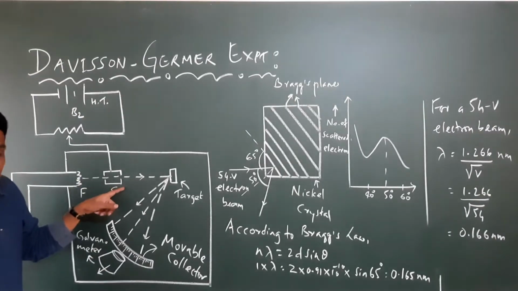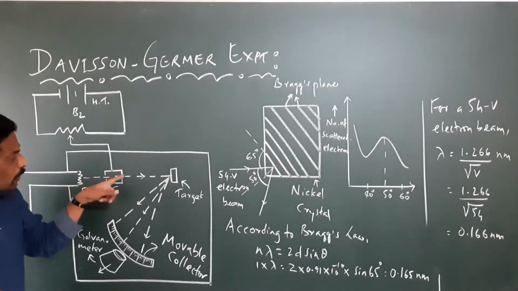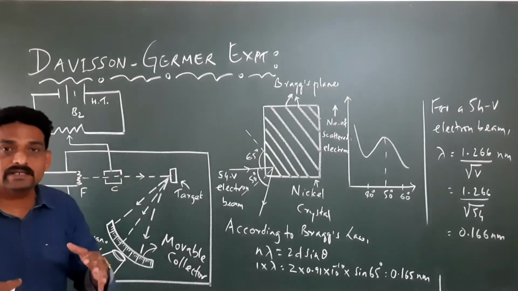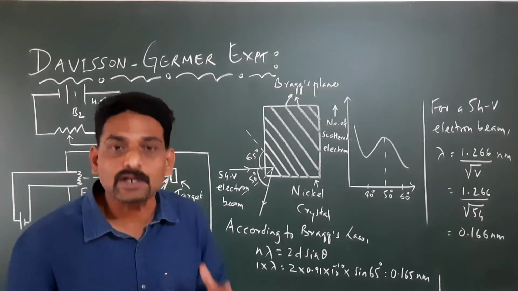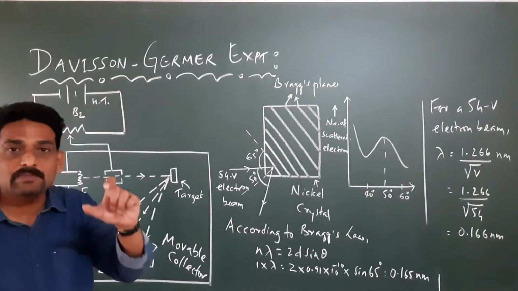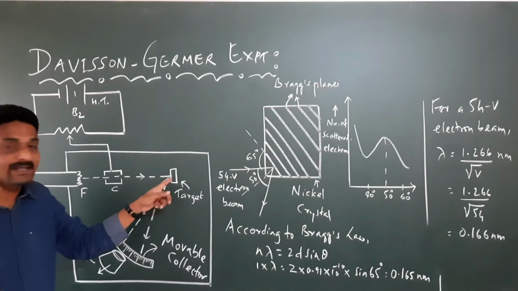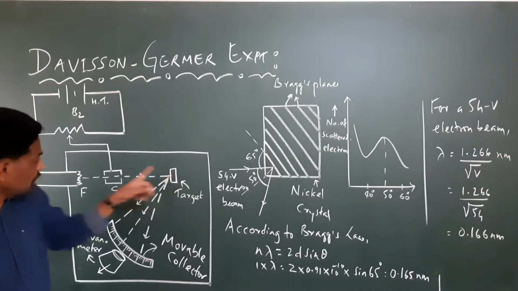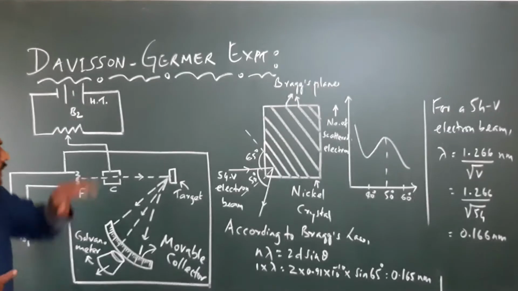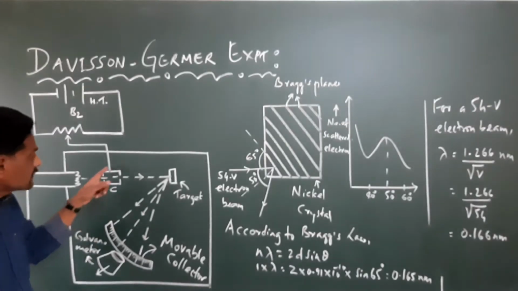When the electron beam passes through, there is a small opening on this side and a small opening on this side. So when the electrons enter here, they come out of the cylinder as a narrow collimated beam. The job of the cylinder C is to give a narrow collimated beam of electrons. These electrons are then made to hit the target material. The electrons from the filament are accelerated to a higher velocity with the help of the high tension battery B2, and made into a collimated beam with the help of the cylinder C.